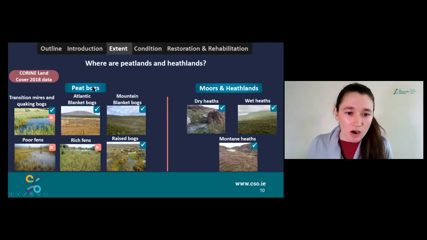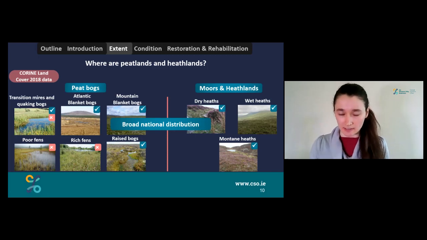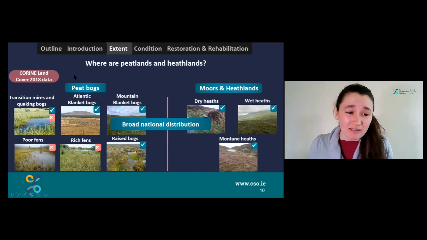But peat bogs only includes raised bogs, mountain and Atlantic blanket bogs, and quaking bogs. We used CORINE to have a broad national distribution of peatlands and heathlands. But as you may have noticed, it doesn't allow a real breakdown of all the different types of peatlands and